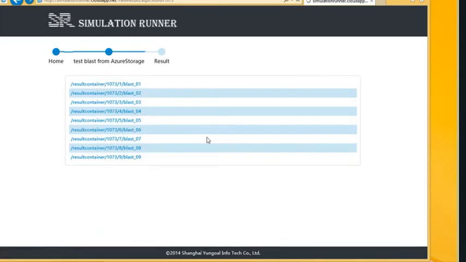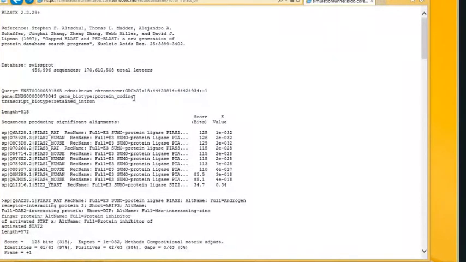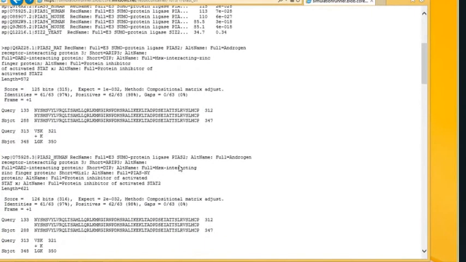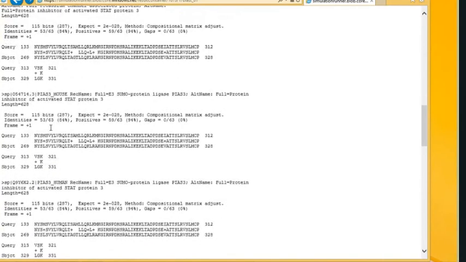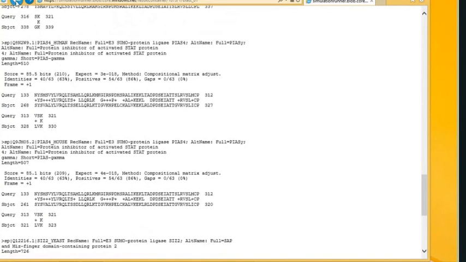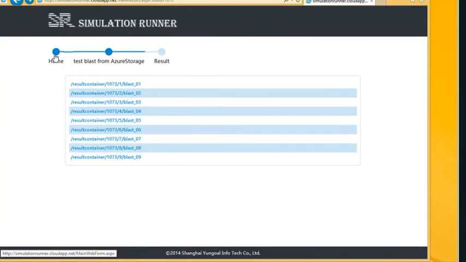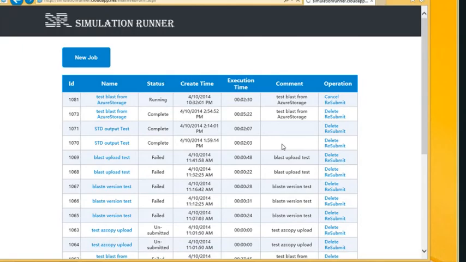So you can click through the matches, and you will see that in this particular one, there are some matches that actually occurred in the sequence that you gave to the program, which is BLASTX, that you run.